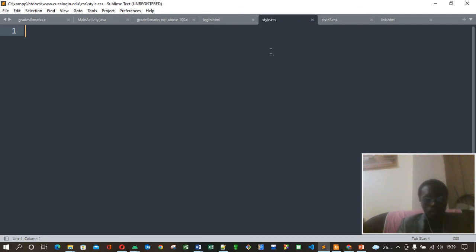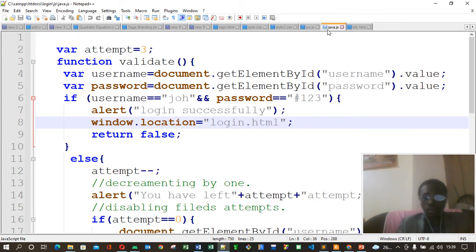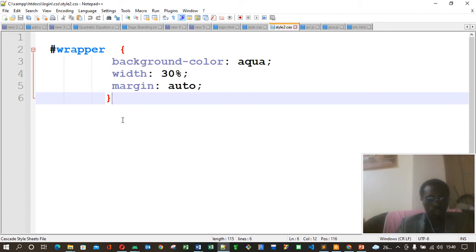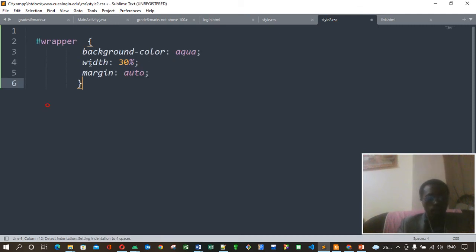It must be styles. Now I want some files called JavaScripts and so on. This JavaScript I don't want. I just need this content here to be coded inside style2 for today. So here we are adding a style CSS that is going to wrap